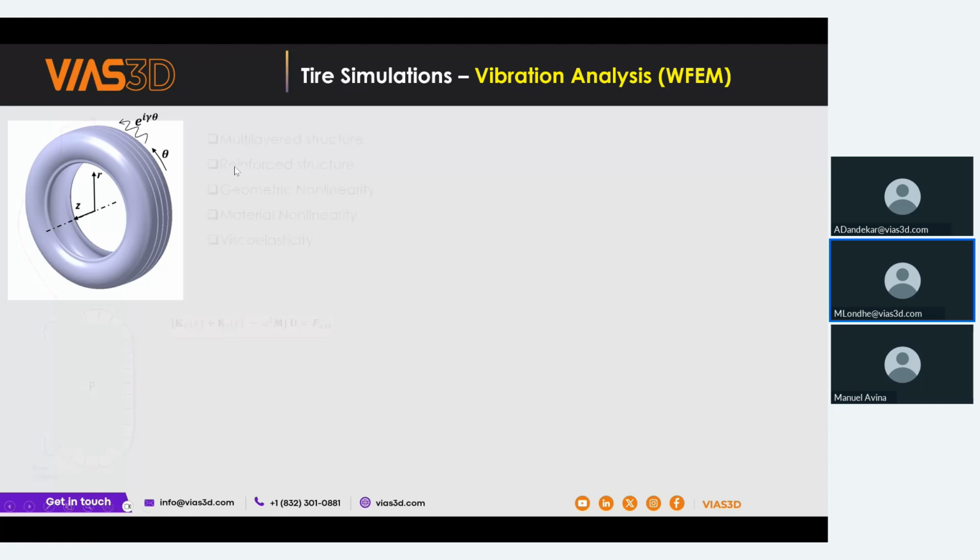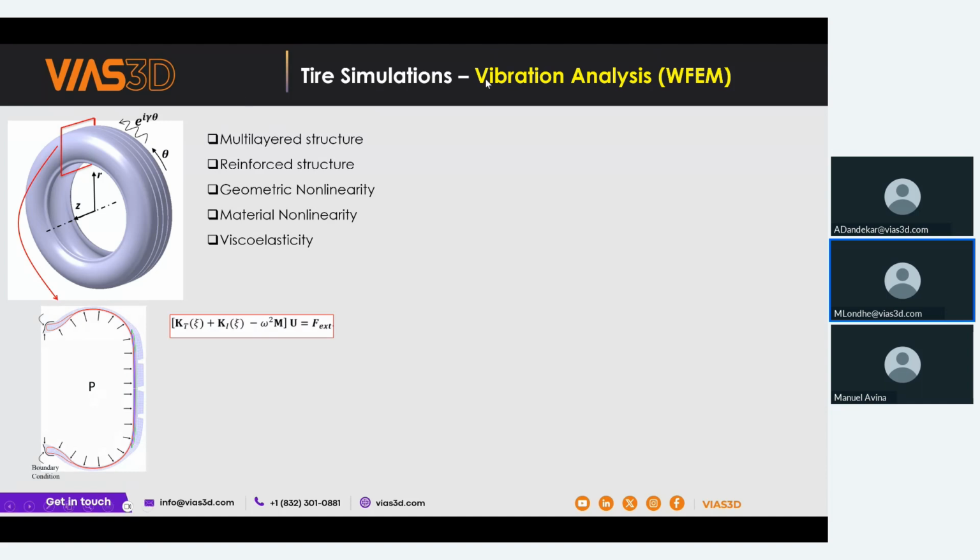So there should be another approach, and such analysis is generally termed the waveguide finite element method. In that, you assume that the waves are traveling along the circumferential direction of the tire, so you need only the cross-sectional meshing data, and in the other direction you use the analytic formulation. Sometimes this method is called SAFE, that is, semi-analytical finite element method. Other factors like all the material and structural properties, similar to the three-dimensional model, you can add in the same way.